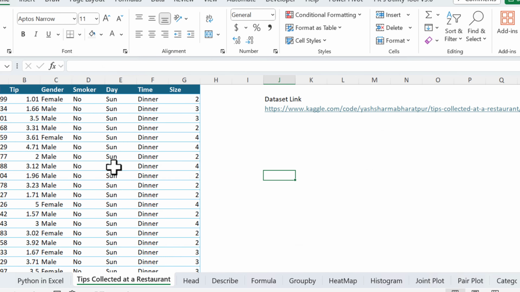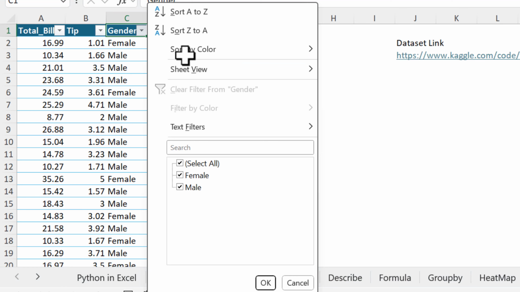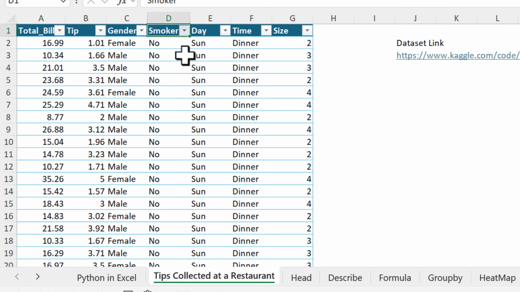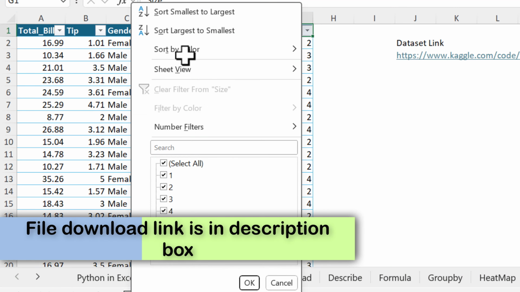In this video, we will use this dataset. This is the tips collected at the restaurant dataset, which I have downloaded from Kaggle. This is the dataset link. In this dataset, we have total bill, tip, gender as male and female, smoker yes or no, and day. Then we have time as dinner or lunch, and this is size, which is the number of guests in the